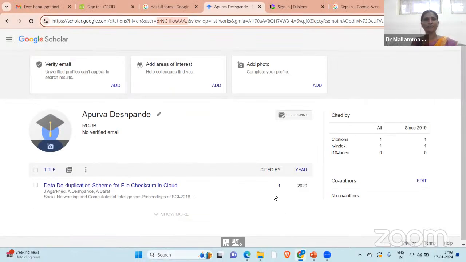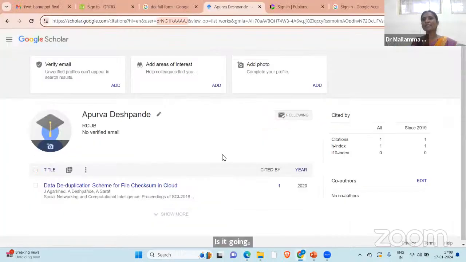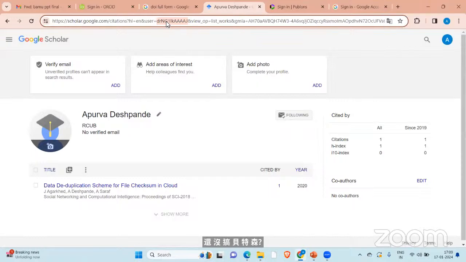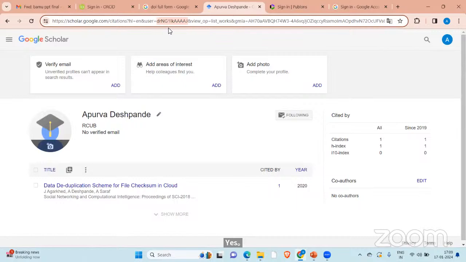Copied? Have you copied this now? Please respond, one of you, so that I can proceed further. Everyone is clear with their user IDs. This is your Google Scholar ID. Copied, equal to, then up to the ampersand.